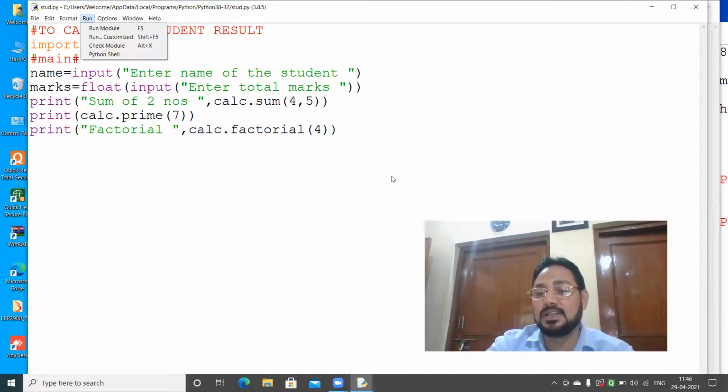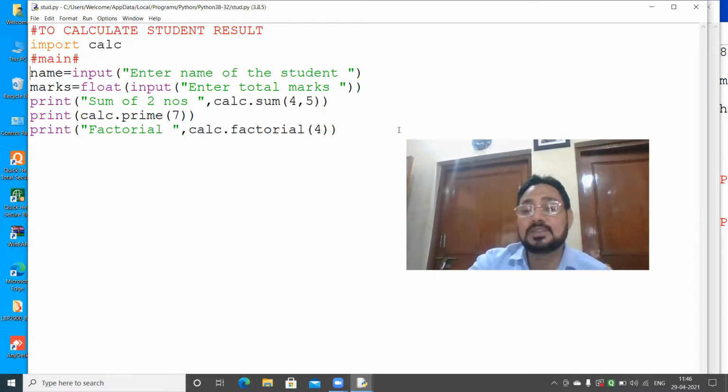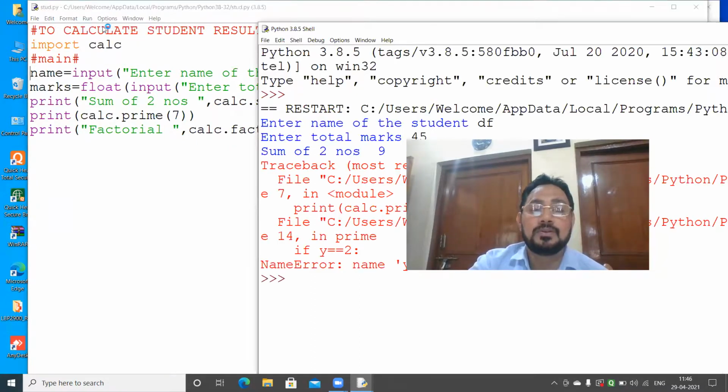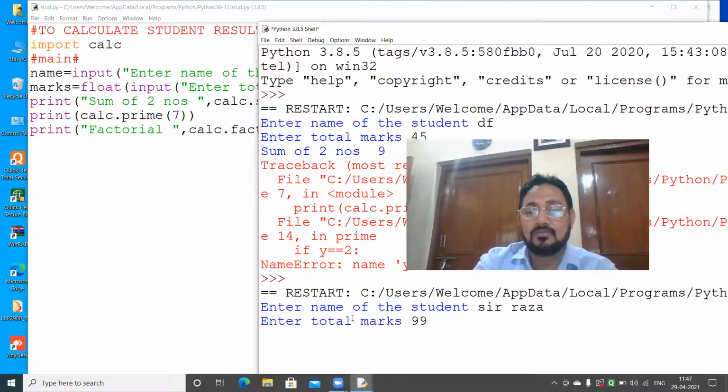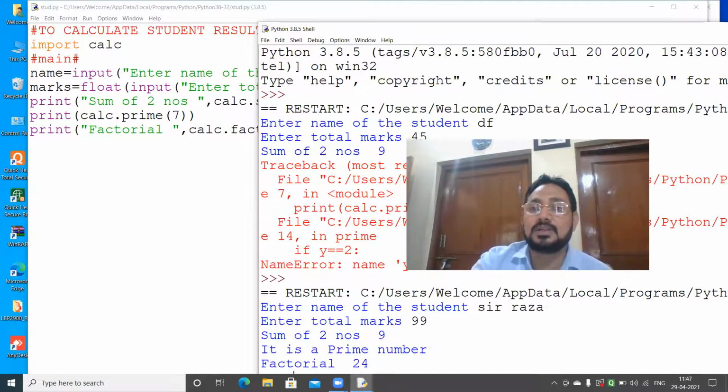So that's why I was telling you, when you write your program, always write main. Even if you are making a module, please write main. Run module. And I'm giving the name as Zaid this time. It's coming perfectly. So hopefully the point is clear. You should not make many mistakes in the module. And once the module is created, you can import it.